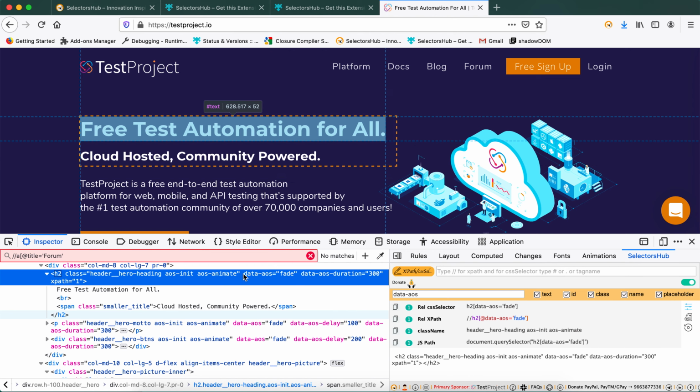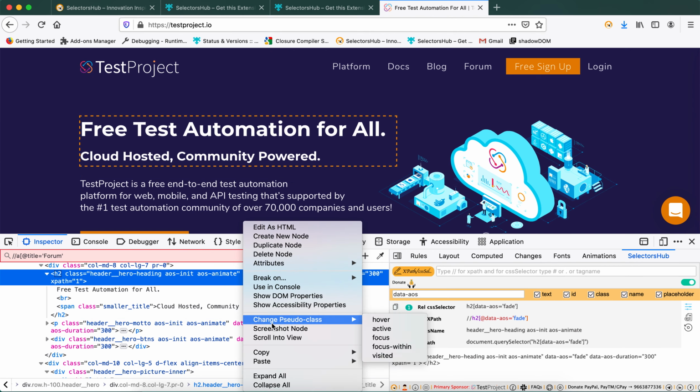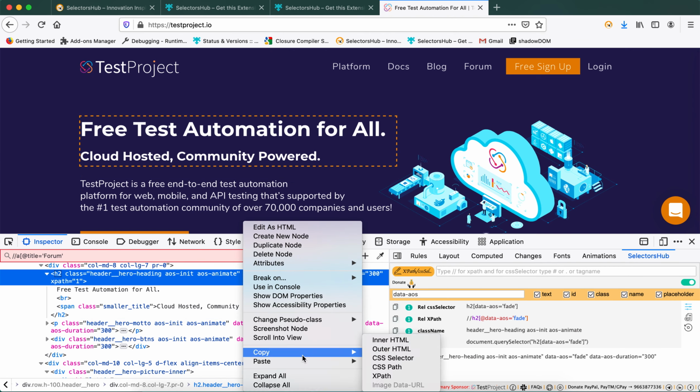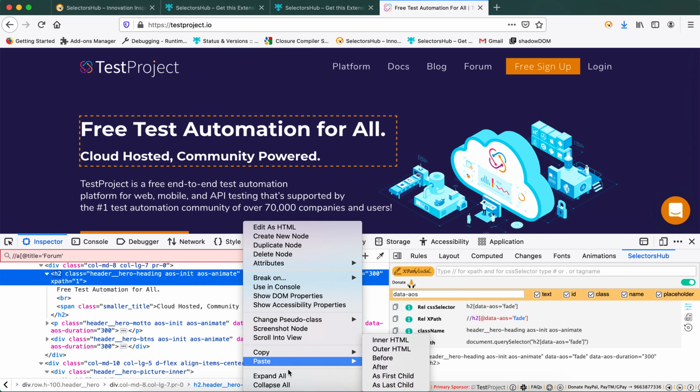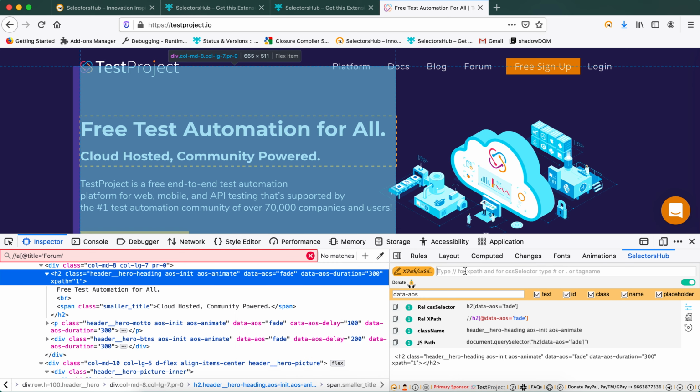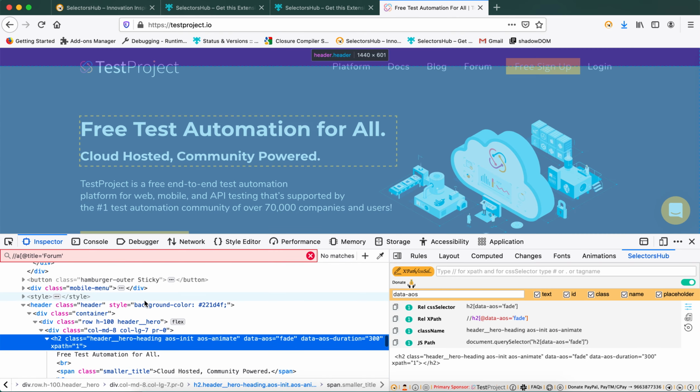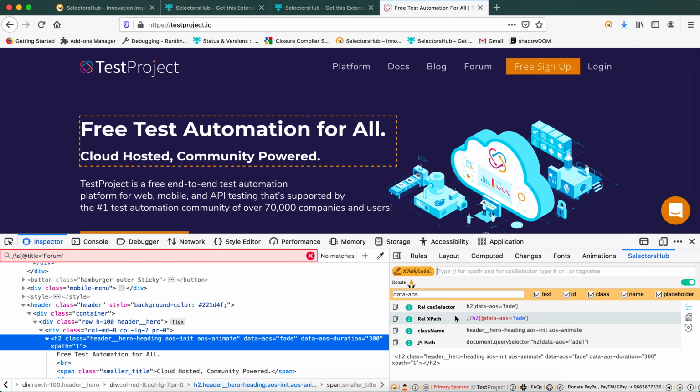This is the very first tool which gives you the relative CSS selector. If you copy the value from the dev tools, you will find how much better Selectors Hub gives. In all possible cases, Selectors Hub will always give you the better CSS selector and better XPath, which you can rely on and use in your script.